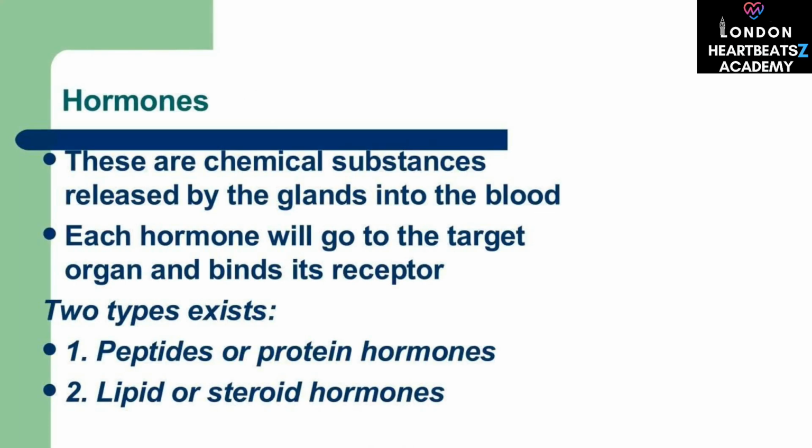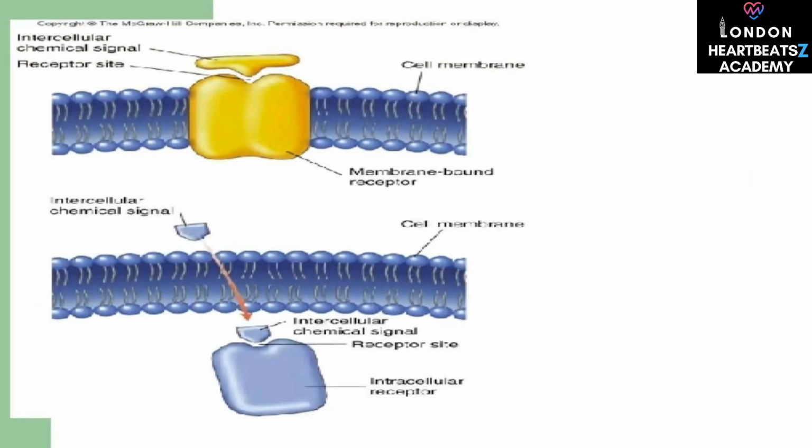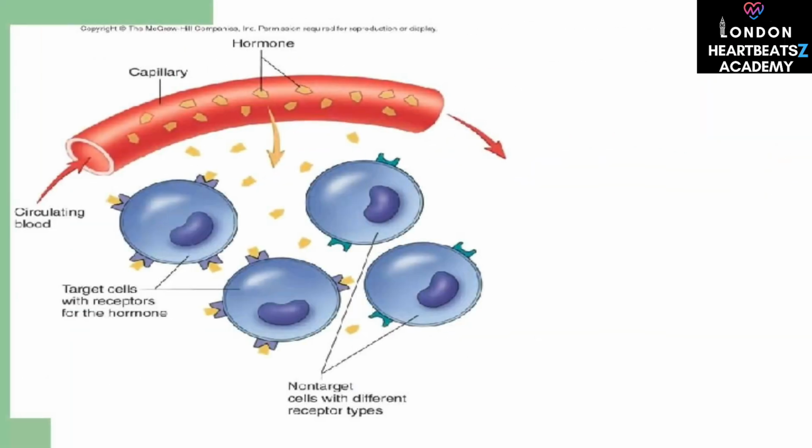Next, let's review the main functions of the endocrine system. It consists of ductless glands that secrete hormones into the bloodstream to regulate various body functions. This diagram shows the locations of the major endocrine glands in the human body, including the pituitary, thyroid, adrenal, and pancreas. Hormones exert their effects by binding to specific receptors on or inside target cells, initiating a cascade of events